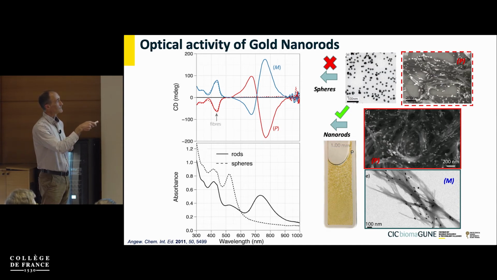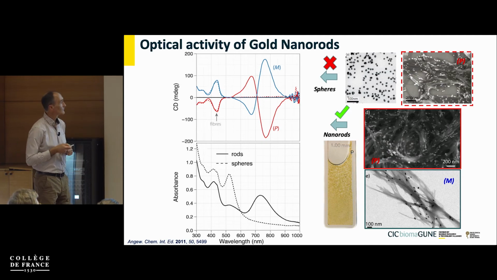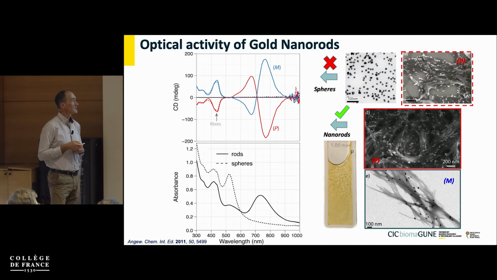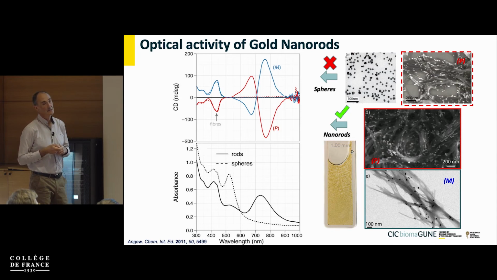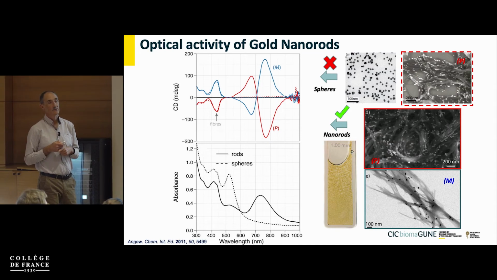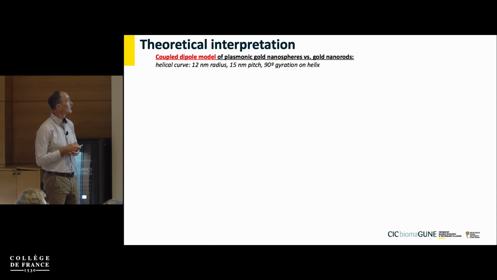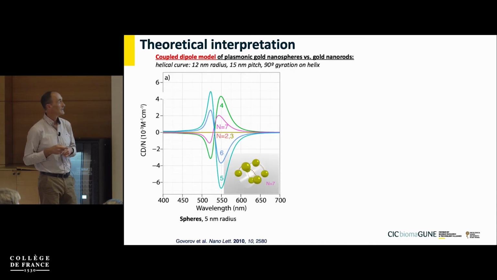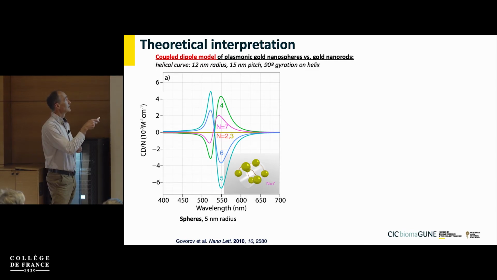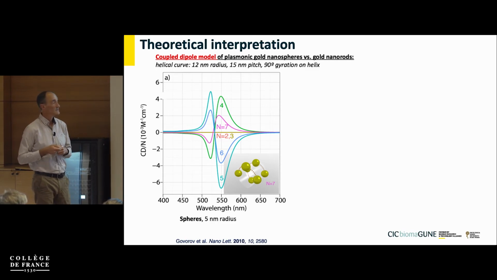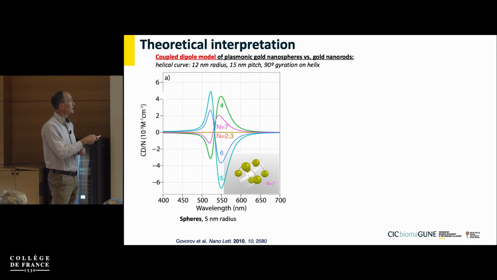And you don't see the same thing for spheres. These are the dotted lines. Here you see only the chirality of the fibers, but you don't see the chirality of the plasmonic system. And so this was quite intriguing, and so we decided to go to the theory, and I was lucky to have a postdoc there at that time, Baptiste Augier, who is now a lecturer in New Zealand. He took the model that was developed by Alexander Govorov to adapt the coupled dipole model to these plasmonic systems, which shows very clearly that for spheres, if you have 2 or 3 spheres,